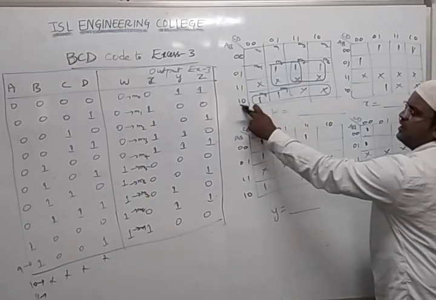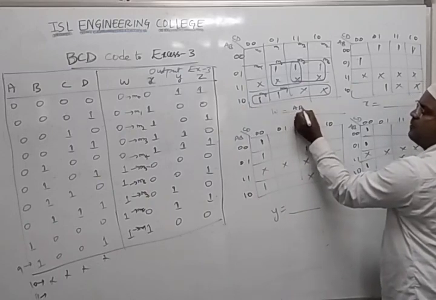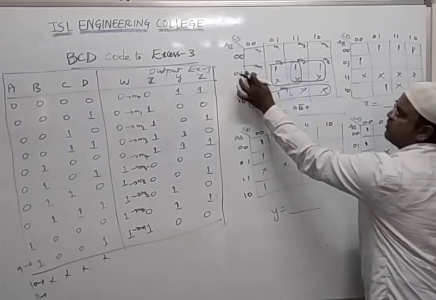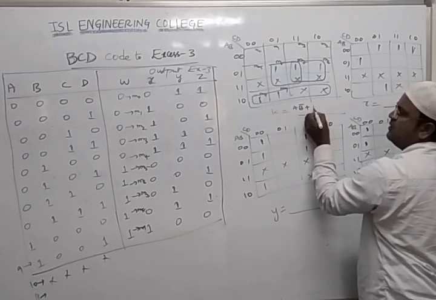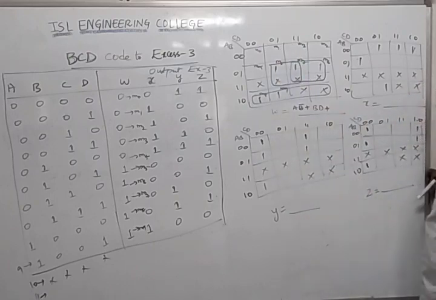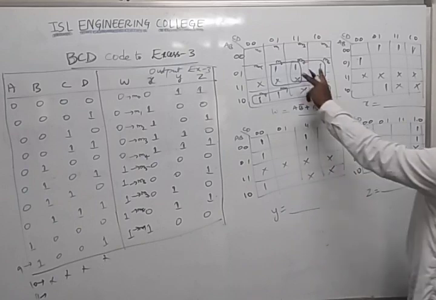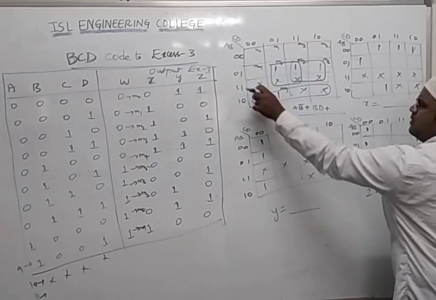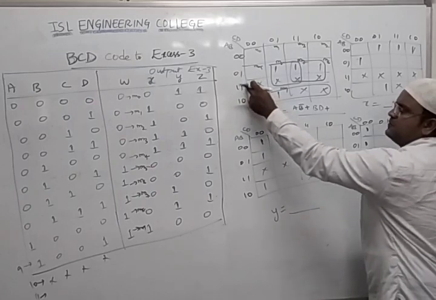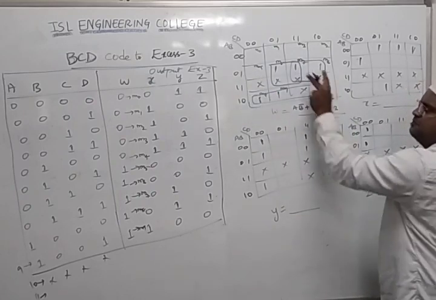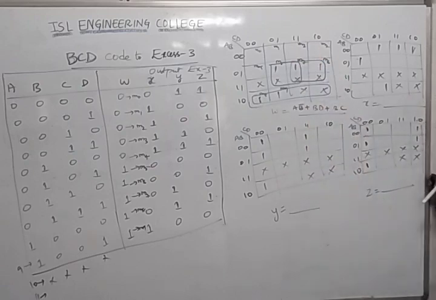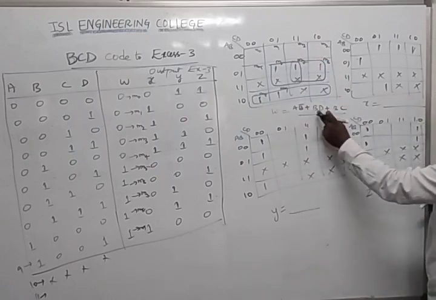So what is the value for this? It is nothing but A B bar. So what is the first output? A B bar. Plus, second, I can see this one, row wise. Row wise is B, and column wise, D. So BD. Plus next thing, it's the same thing. Now we have B again, for this particular group. What about column wise? I can write it as C. So we got the W output as A B complement plus BD plus BC.